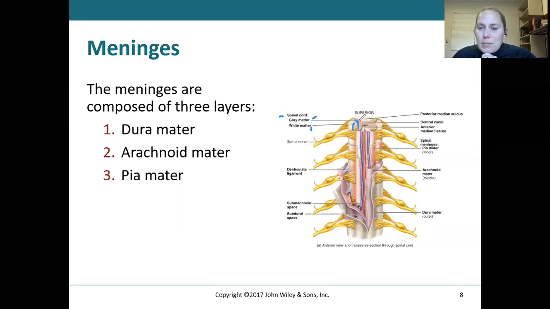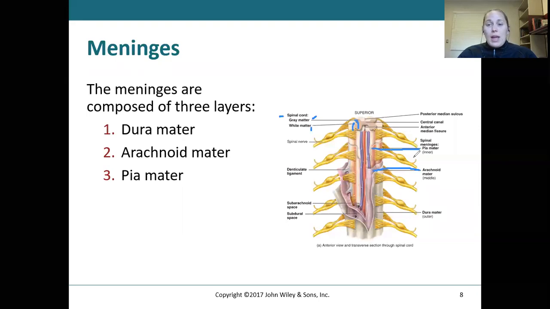So when we look at this particular cross section, you can see the most inner part here is the pia mater. The pia mater is going to be very tightly associated with the spinal column. It's going to be almost like a very tight sheath that encapsulates it. The next sheath that covers the spinal column is the arachnoid mater. The reason it's called the arachnoid is because it looks like a series of spider webs that encases